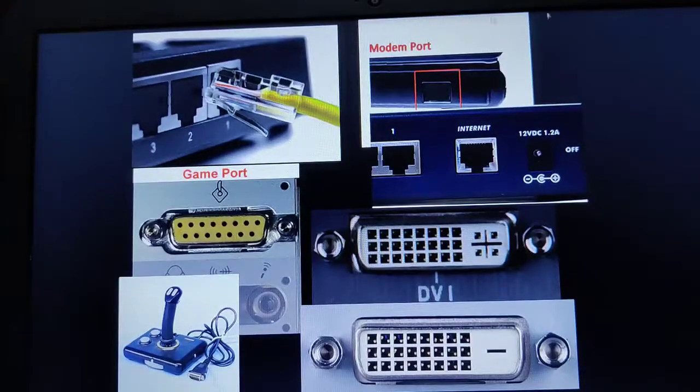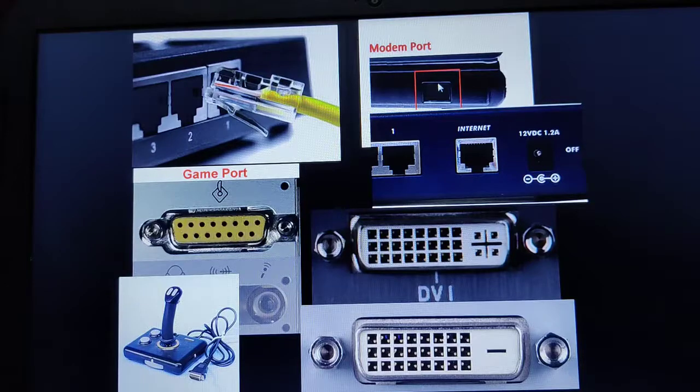some of the ports. The first port that we have to discuss here is the modem. This modem stands for modulation and demodulation. It is used to connect the personal computer through the telephone network, through which you can experience the internet connection. If I want to have the internet connection, this modem port helps your computer system connect to the internet through the telephone network.